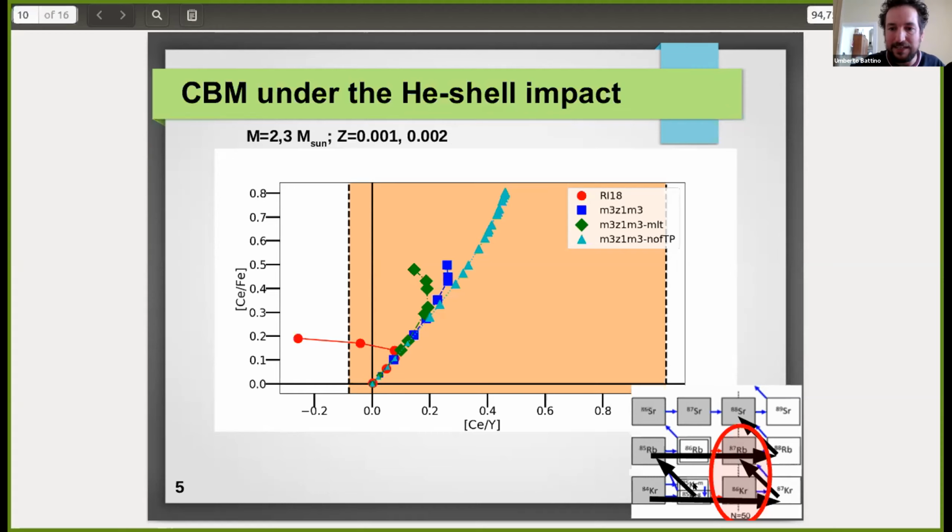Because basically at higher temperature you activate the neutron source. If you flash at a lower temperature, the neutron capture path mainly goes through strontium 86 and proceeds. But if you flash at too high temperature, the neutron capture path will pass through 2 extra neutron magic stable isotopes, which are really hard